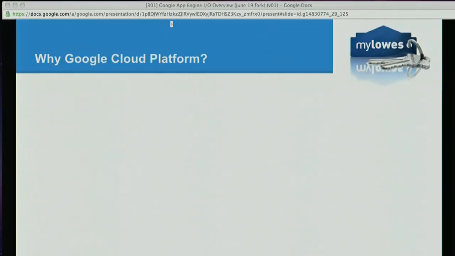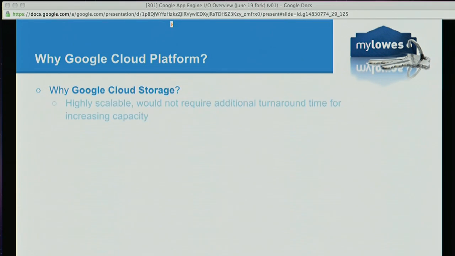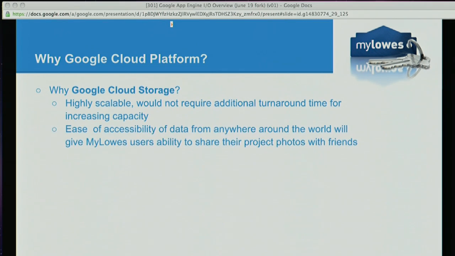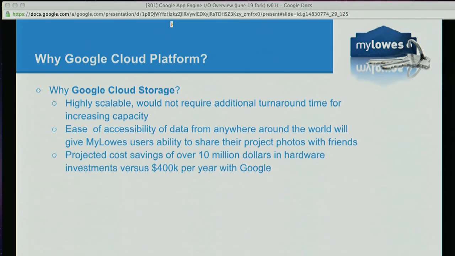Why did we decide to go with cloud and App Engine in general? Well, as you may or may not know, Lowe's is not a software company. So in order to make this kind of feature work in our own environment, we're looking at potentially millions of dollars in upfront hardware investment. Whereas if we use App Engine, we're looking, worst case scenario, at hundreds of thousands of dollars. And because this is a new feature, if it does take off, we know that App Engine can handle however many requests users throw at it and scale without a problem.